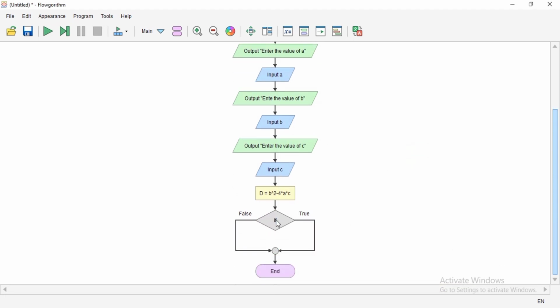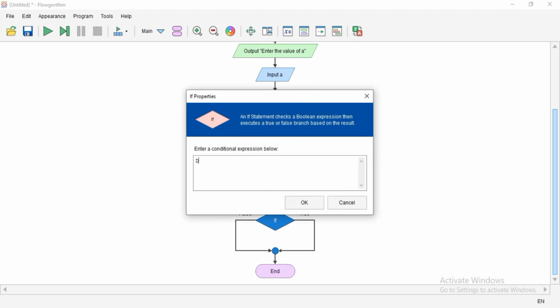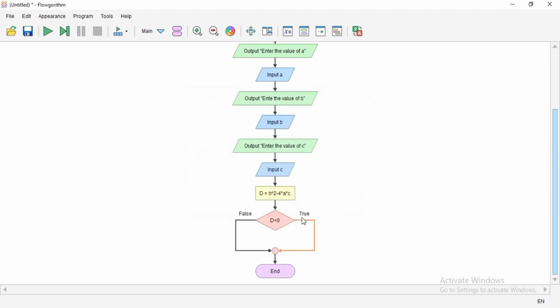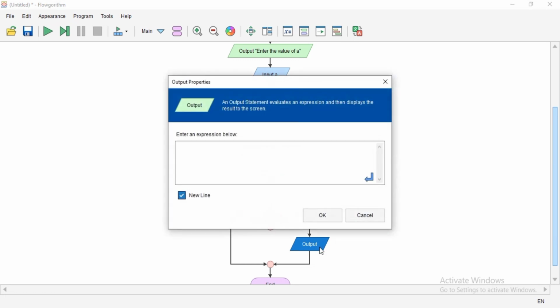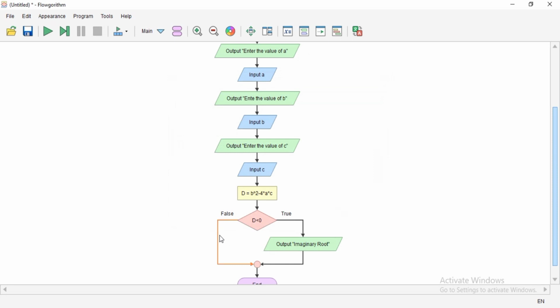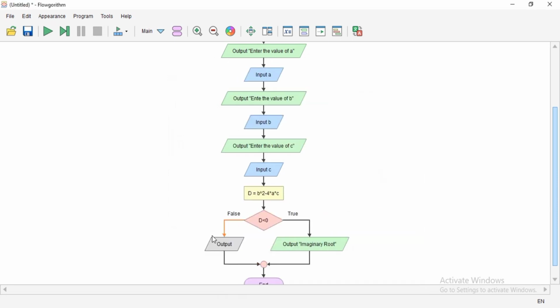Then we use if. Double click the if: determinant less than 0. If the determinant less than 0 is true, so the output is imaginary root. But if it is not less than 0,